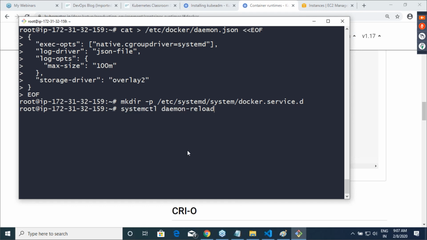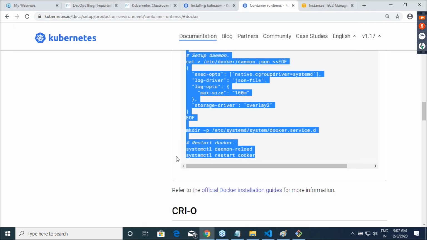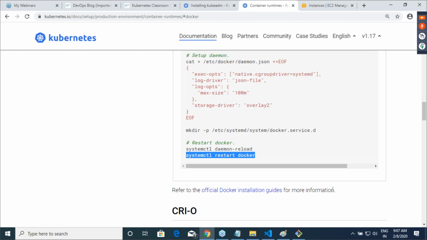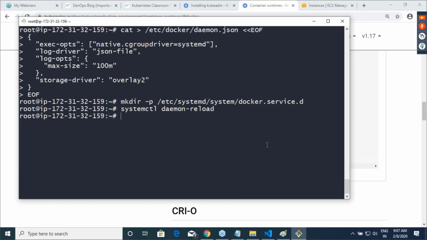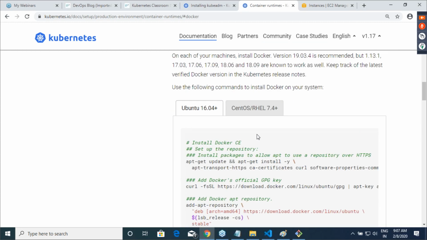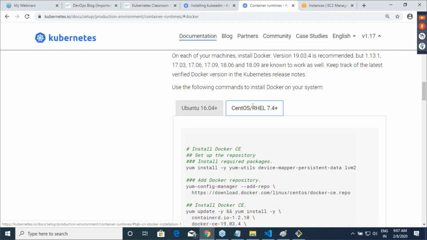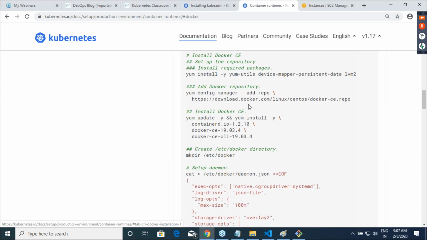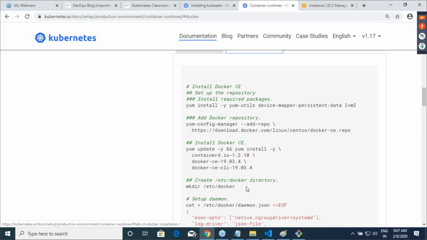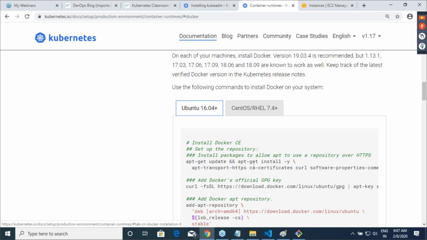I'm not even using my intelligence or brain around it. Blindly copy paste. I'm quite sure it will work. But if you are doing it on a CentOS node, select this. So if you want to do the same stuff on CentOS 7 and all of that stuff, then copy paste these steps. Since I'm using Ubuntu or Debian flavor, I'm using these steps.